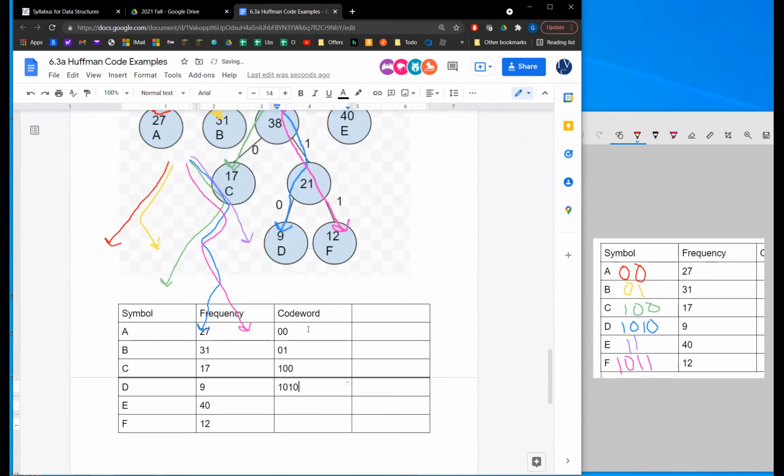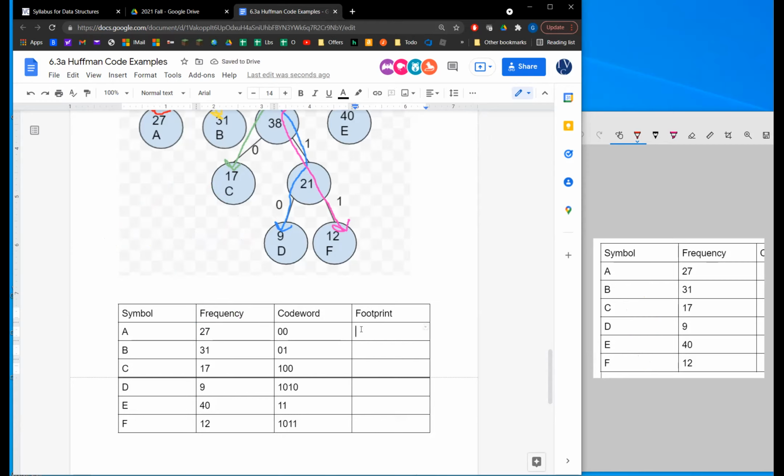All right, remember these are the bits that we're using instead of using a basic or a standard symbol table. And the footprint, if I can spell and type, and just the number of total bits that's going to be required to encode